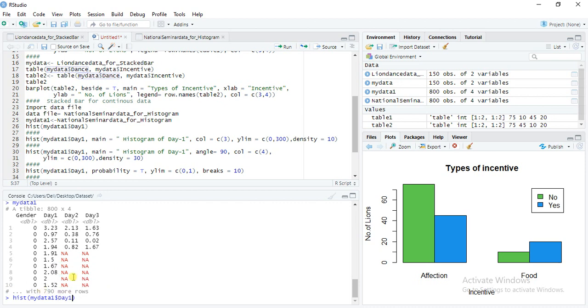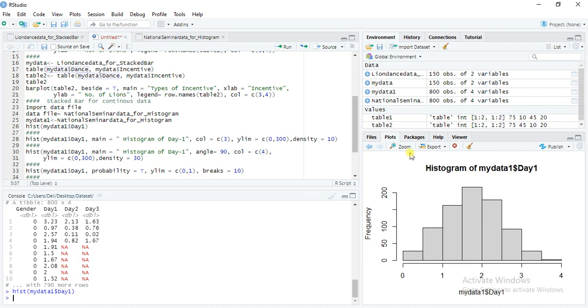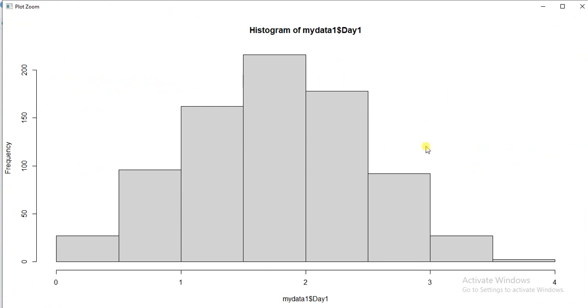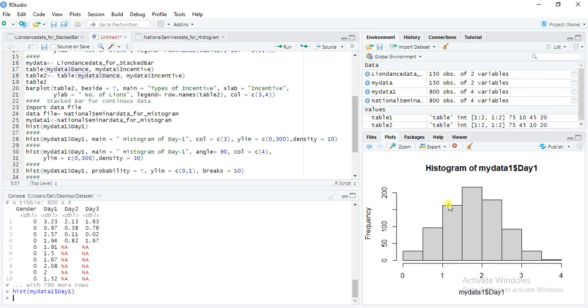One, day one. Now for day one, this will be our graph. Is it clear? Perfectly normally distributed. And second, hist my data.